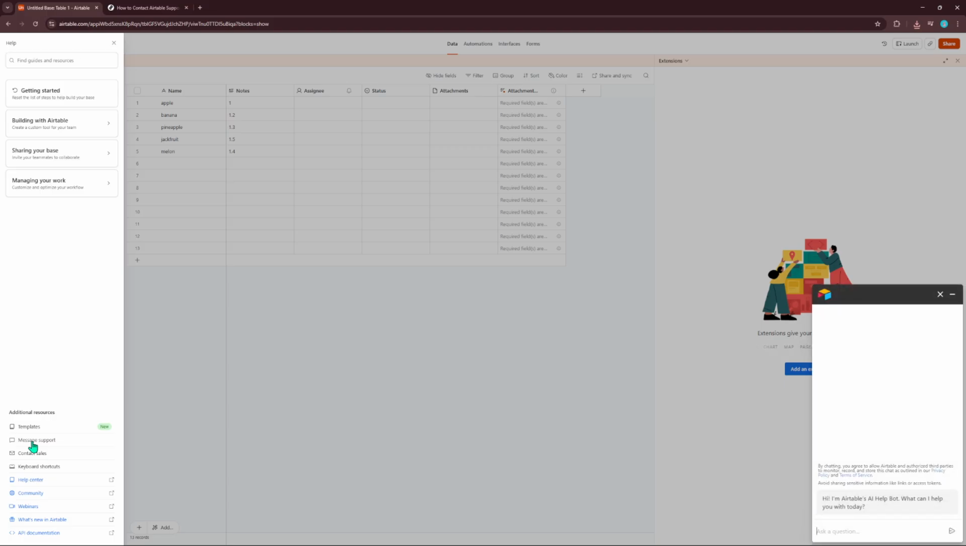This is the direct path to reaching the Airtable team from inside the product, without leaving your current screen or hunting for external forms. As soon as you select Message Support, a small chat window will pop up on your screen. This is your in-app messenger. You can type your question or describe your issue right there, and your message will go straight to the support team. To make your request as effective as possible,